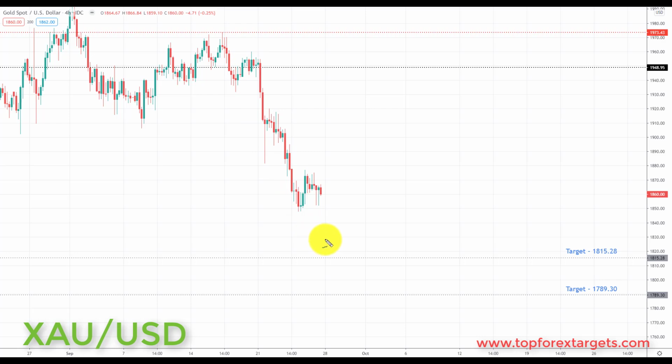So very simply put, going into next week, I do see gold as being back in play once again. What I would like to see is any correction towards the 1948.95, which is going to be viewed as a great opportunity next week to start to look for bearish setups. I'm going to be looking at initiating shorts down towards the next key of support to the downside of the target set at the 1815.28.